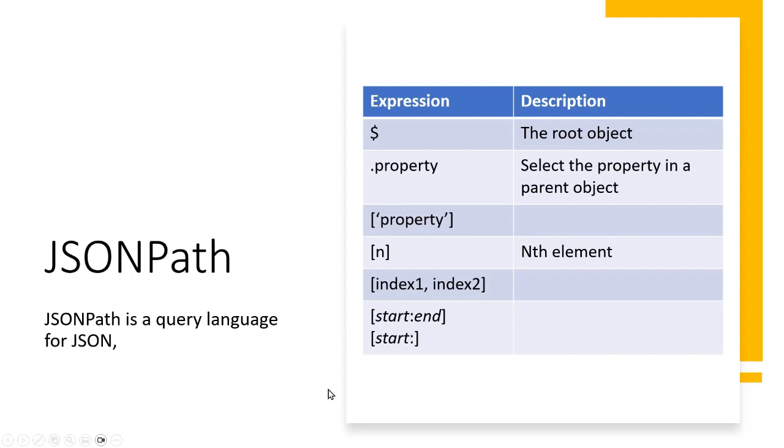There is a huge set of these representations for querying your JSON. The expressions are given in separate tables. So we can see that in the